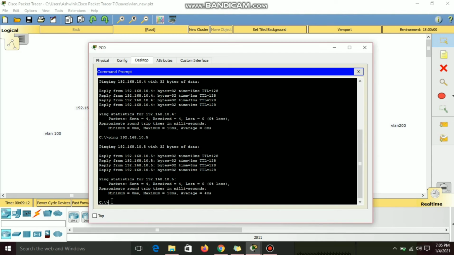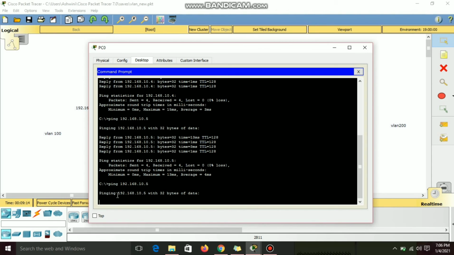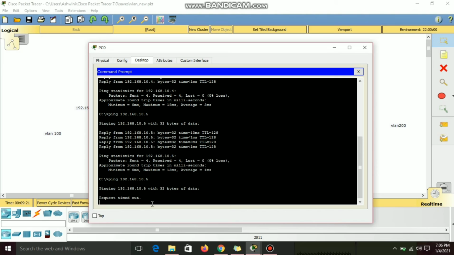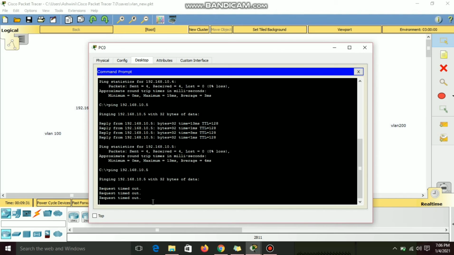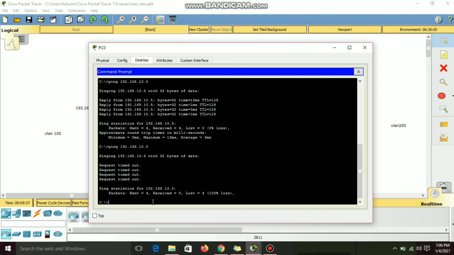So now I'm again pinging 10.5. You can see here the request timed out, but it worked before creating any VLANs. As the two PCs are in different VLANs, they are unable to communicate now. You can see it over here.